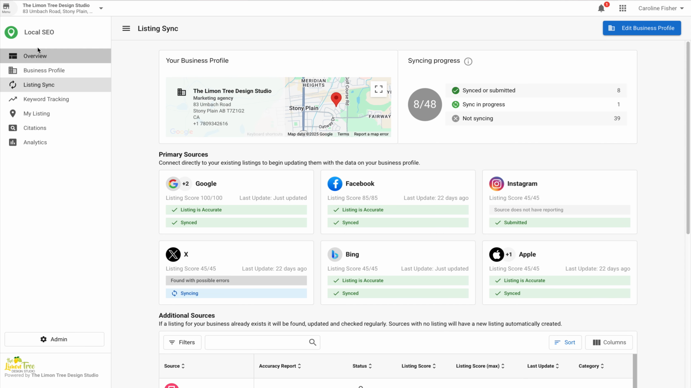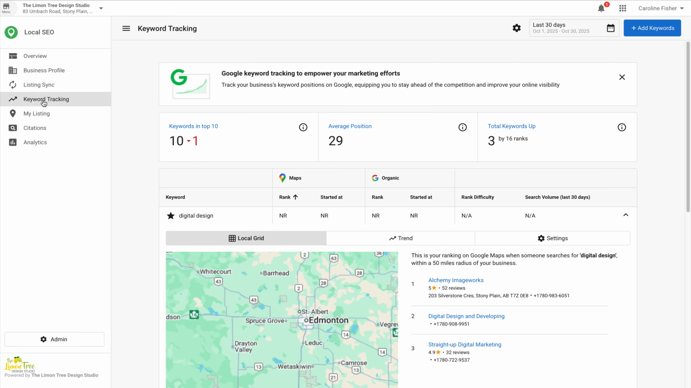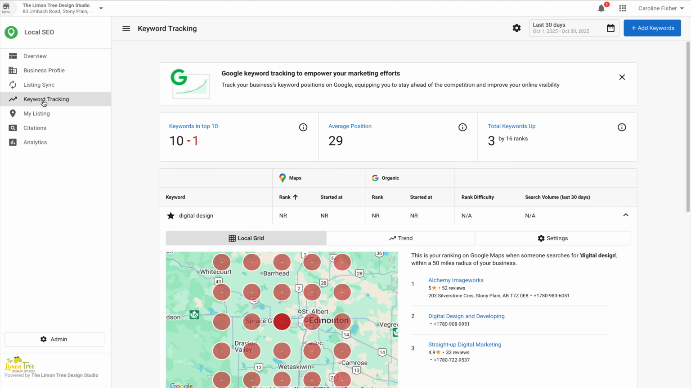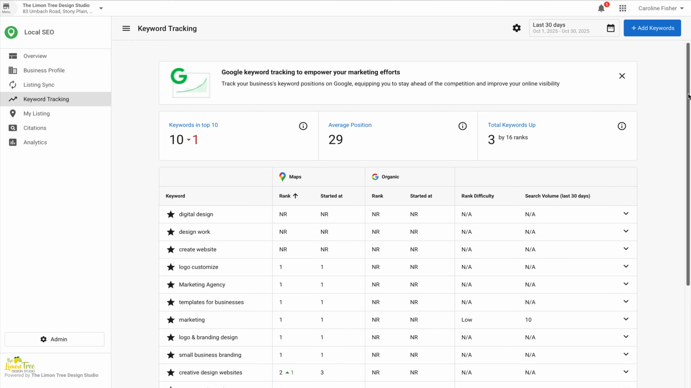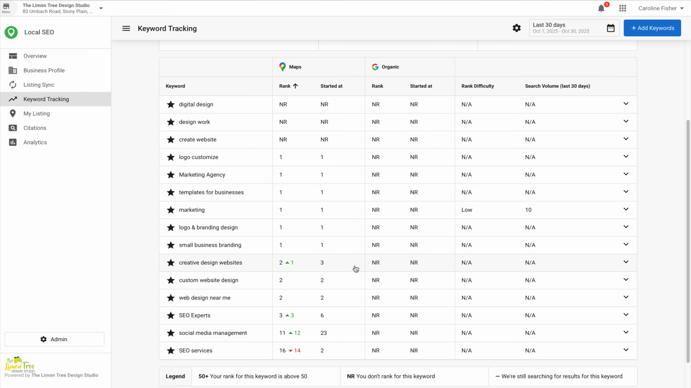Next we're going to go back to our overview here, and we're going to go to keyword tracking. Now this is a really neat tool. You're given 15 keywords that people are going to use to find your services. And you're going to see here, these are the ones for myself, my company. I have 15 here, and I've been playing around with them,